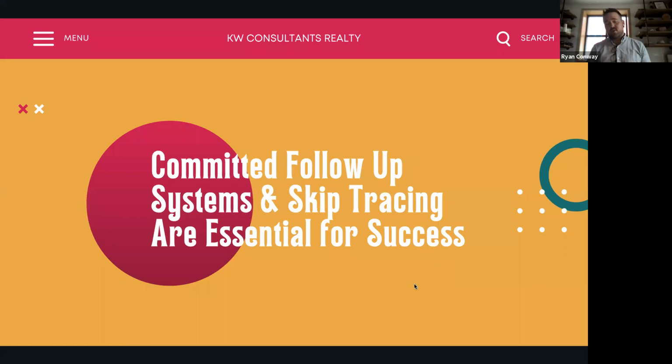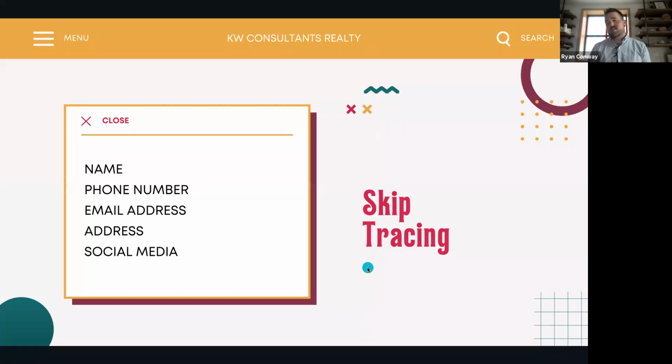So the important thing to know for taking on some of these Facebook leads, because of how long it's going to take to convert them into closed business, and because of the contact information challenges that exist, you have to be committed to having good follow-up systems that nurture them for the long haul. And also skip tracing are absolute essentials. So what exactly is skip tracing?